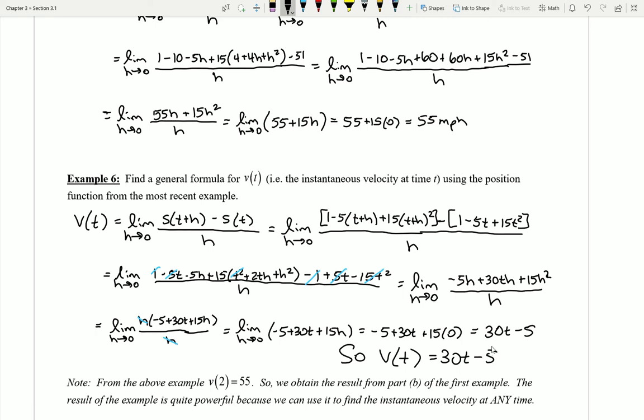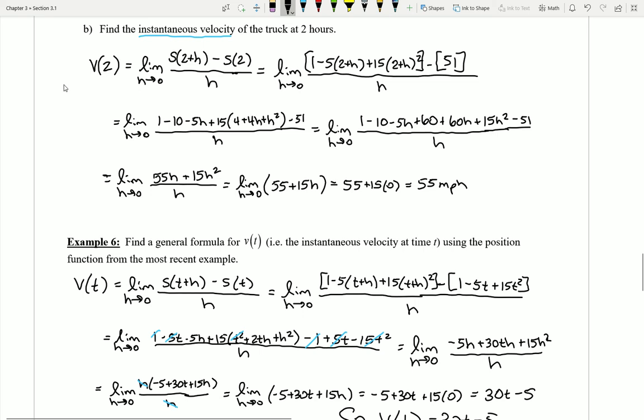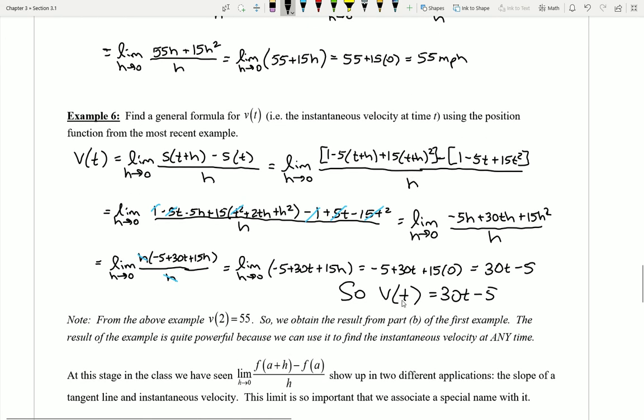Now pause for a moment and just realize how awesome this actually is. Because what this tells me is that by computing this one messy limit, I could now really easily go back and answer part B. What's the speed of the truck at 2 hours? Well, I could compute this whole limit, or I could just say at time 2, this would be 30 times 2, that's 60. 60 minus 5 is